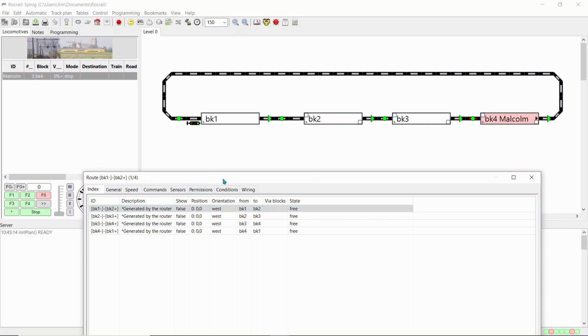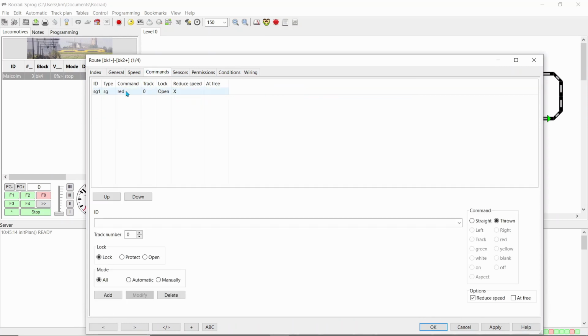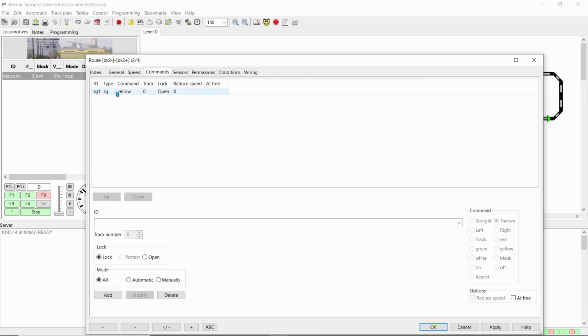So I'll bring it up a little touch so you can see it a bit better. So block 1 and to commands, I want it to be red. So I've just select that one there, you add it in and you select what colour you want it to be and press apply. If I go to block 2 to block 3 and commands, I want it to be yellow.